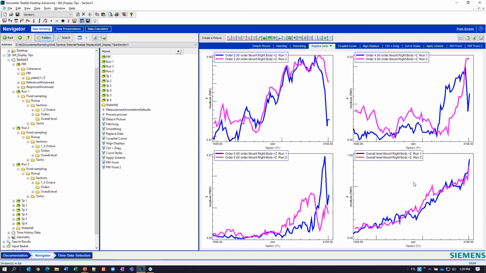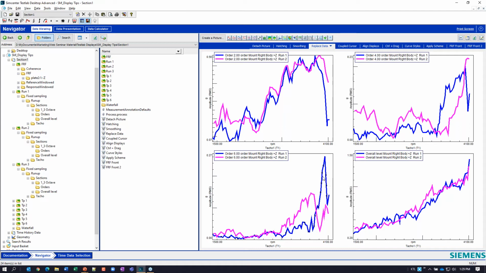And this is great, but I also took a third run of data, so maybe I want to compare run 1 to run 3. I could certainly go through here and remove all of the run 2 manually, click on this guy, right click and hit remove, etc.